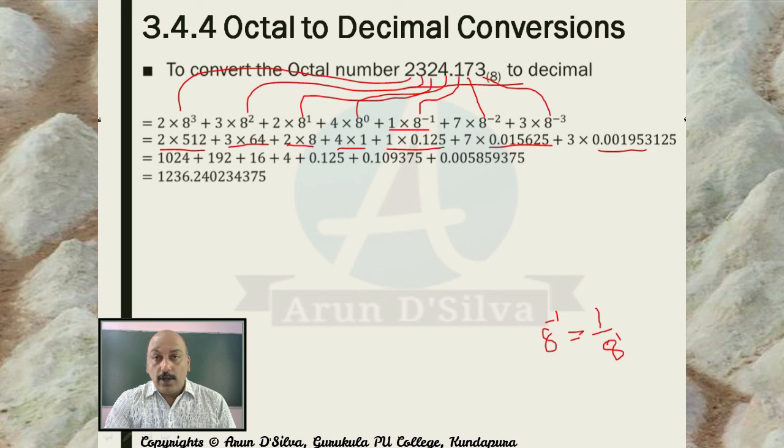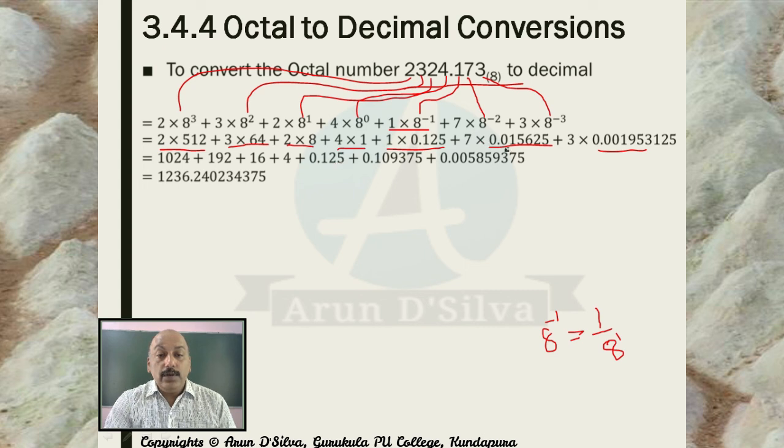After taking the products: 2 into 512 gives 1024, 3 into 64 gives 192, 2 into 8 is 16, 4 into 1 is 4, 1 into 0.125 gives 0.125,